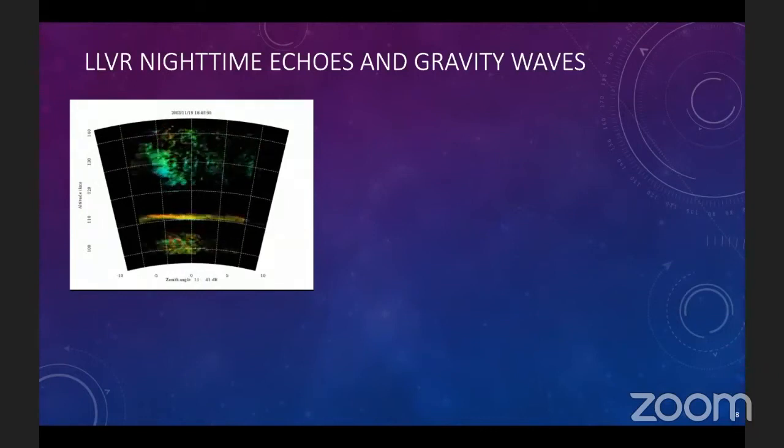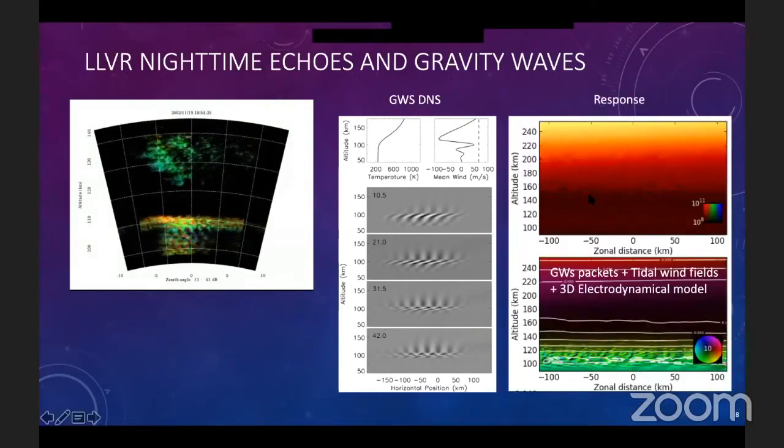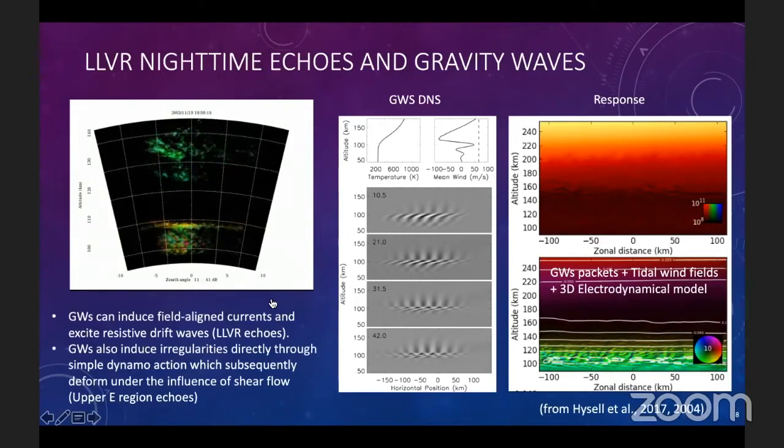At the time, we didn't know what type of instability or why the echoes were there. So Heisel et al., a couple of years ago, put together a packet of gravity waves and a tidal field. And these wind fields of gravity waves and tides were fed to a 3D electrodynamical model that connects the E and F region and takes into account conductivity and the geometry. After combining that, they were able to see the response of that model in the electrodynamics, that indeed the valley region is modified by the gravity waves in a way that creates not only the undulations that we see, but also the necessary conditions to have irregularities so the radar can